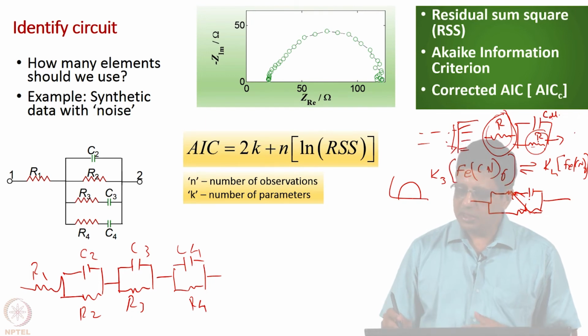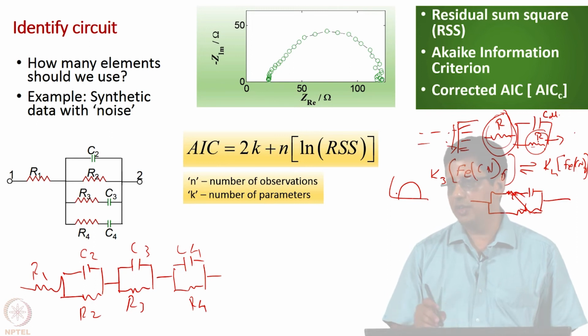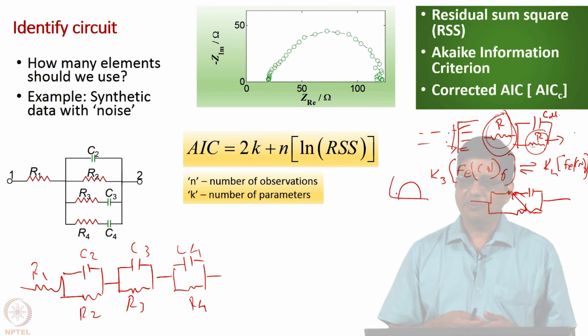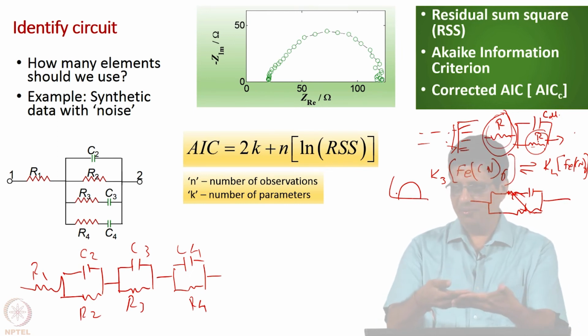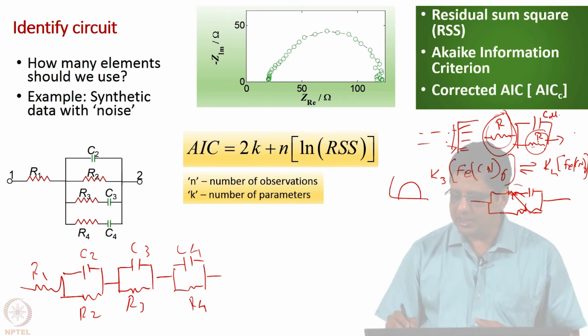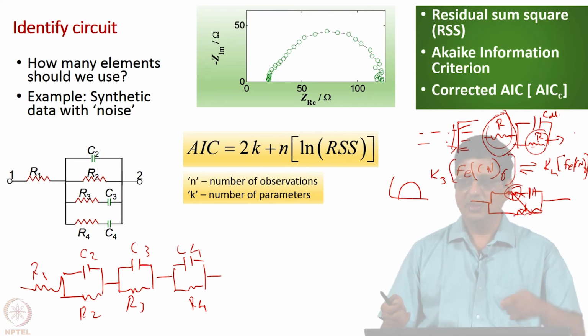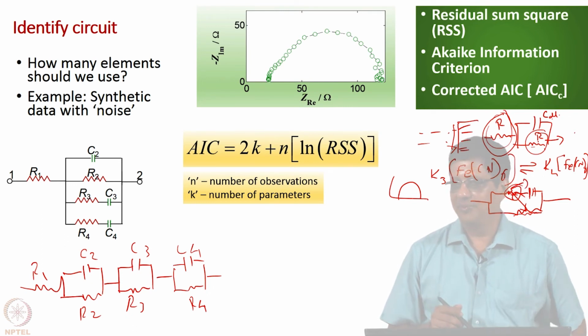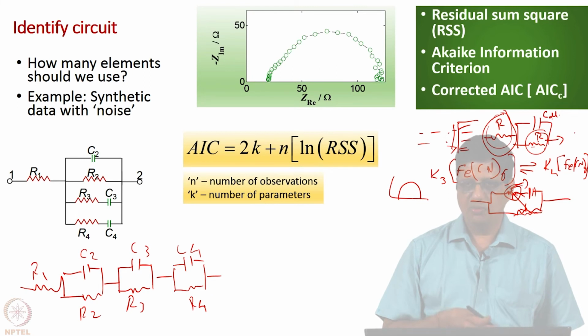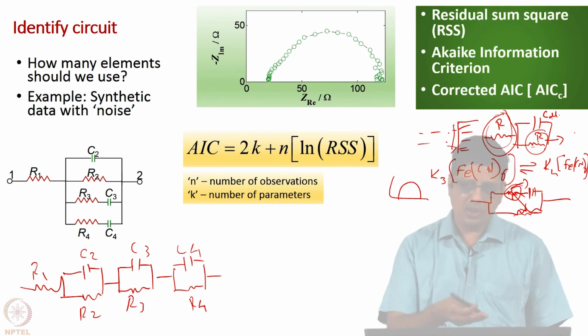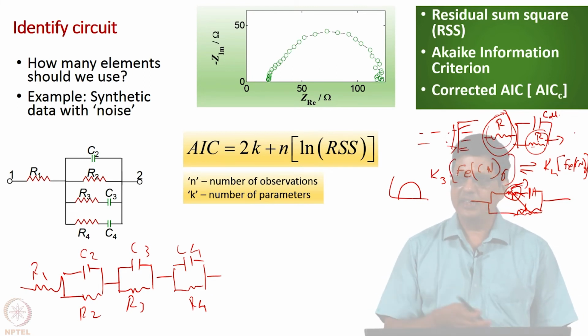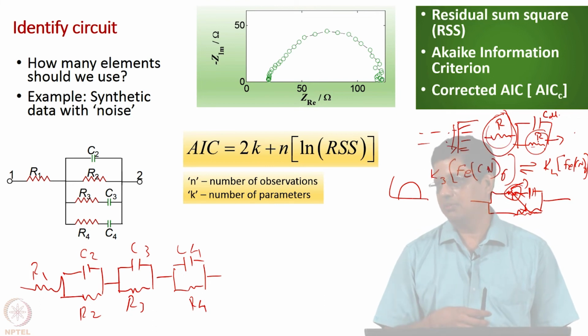So, just because a circuit can model this data does not mean it is the appropriate circuit for that physical situation. On the other hand, I can give you a board with a variable resistor here, a capacitance here and a resistor here. Now, if I change the resistance, only this will change. So, you have to have some idea about the system. You can't just take this data and say this circuit fits it, therefore I will interpret it.